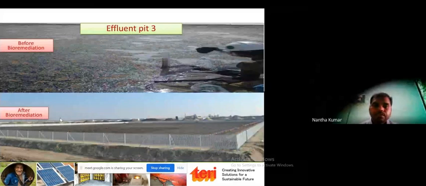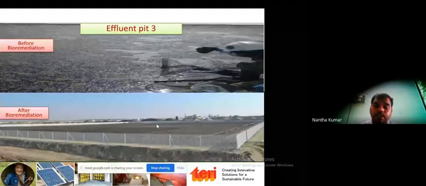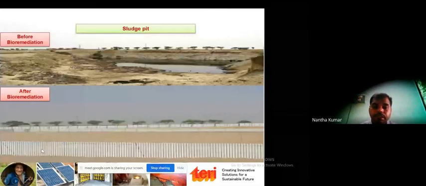This is how the site looks after bioremediation and before bioremediation of this lake. This is not only because of the bioremediation process; it is a combination of a different set of treatment processes which is used. Then this treated material is backfilled and verified, and then it is completed. So each feature is completed like this, and it is handed over to the company.